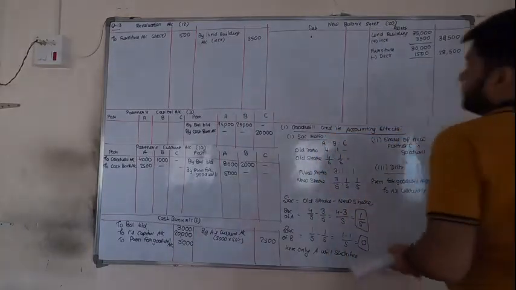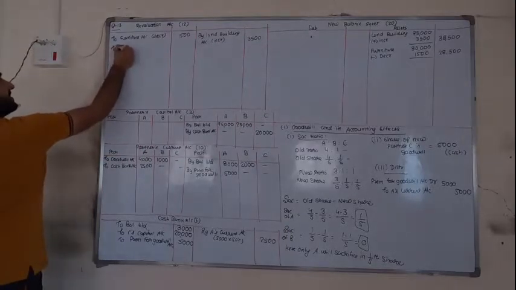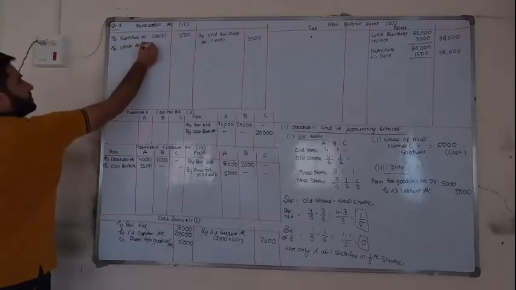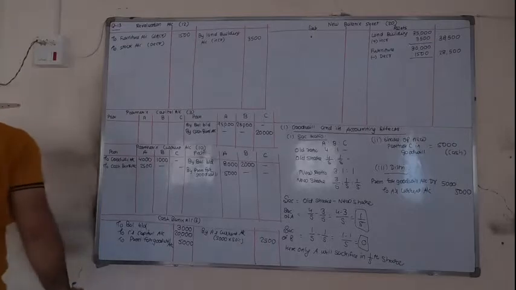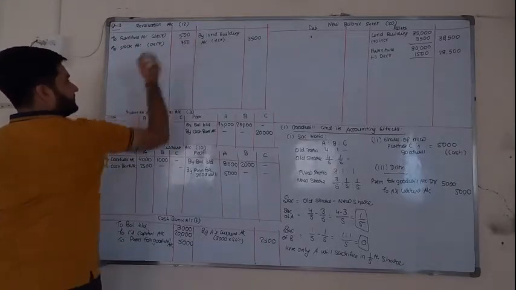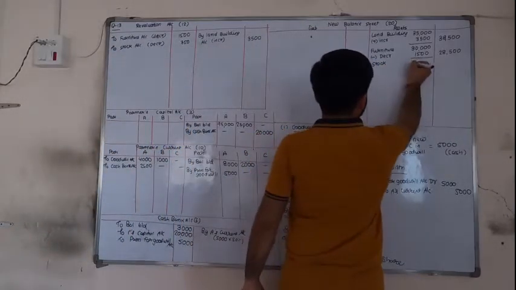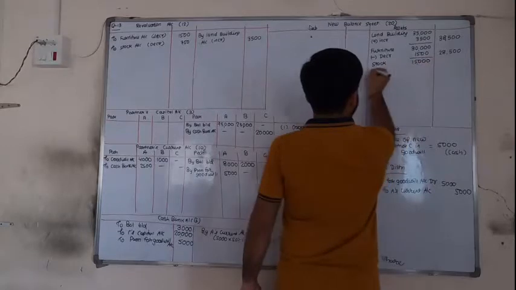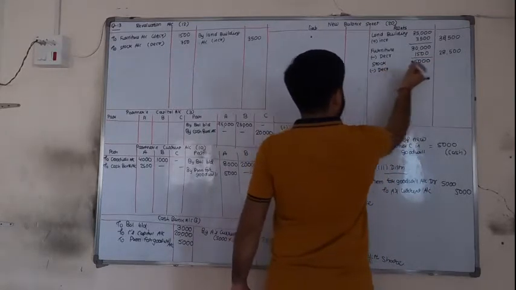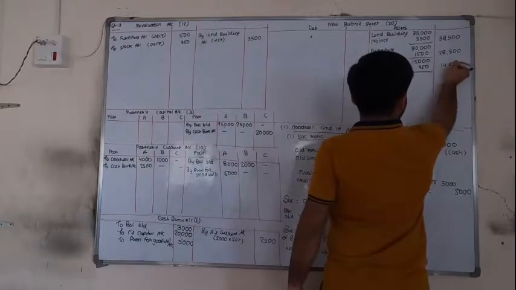in the outer column it will be 28,500. Then next, stock is also decreasing. So again on the debit side, the asset is decreasing means loss. So to stock account in bracket decrease, 15,000, 5% is 750. Okay. So stock in the inner column 15,000 minus decrease 750, in the outer column 14,250.